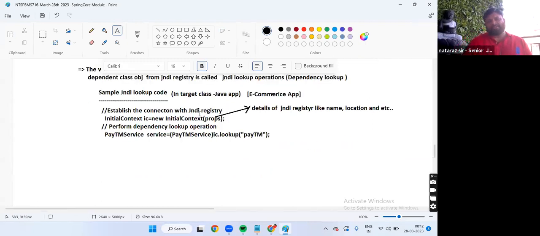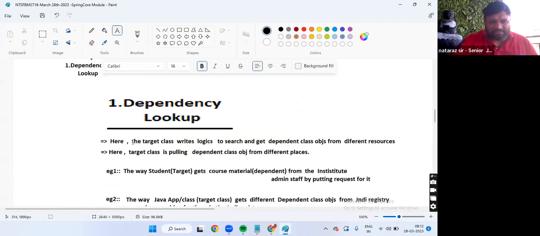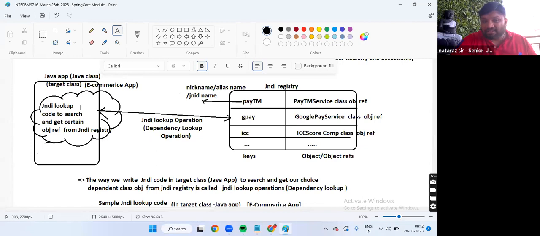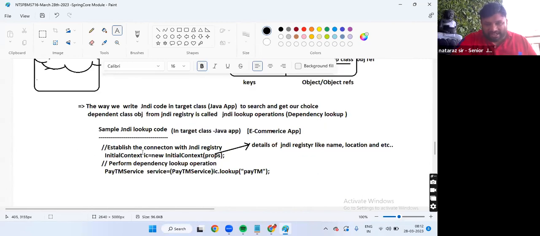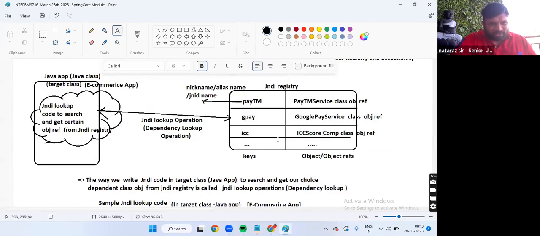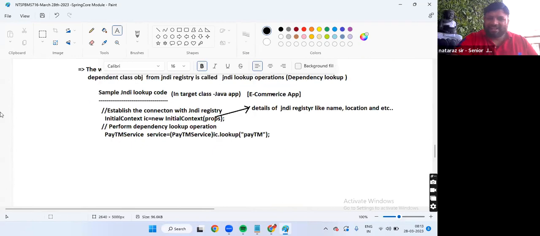I hope you enjoyed, guys. Are you not feeling dependency lookup? Once again, please look at the definition. Here the target class writes logic to search and get dependent class objects from different resources. Who is the target class? The e-commerce application. It is writing logic to search and get the PaytmService object reference from a different resource called the JNDI registry.